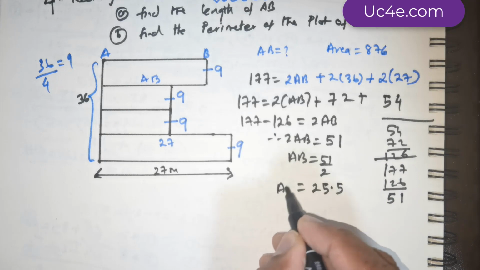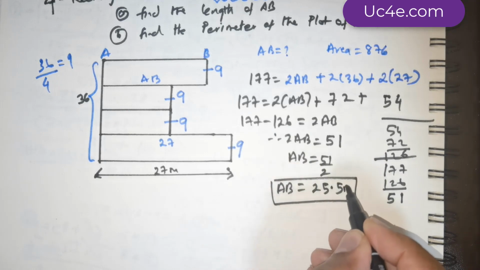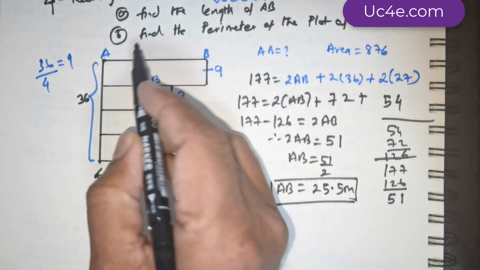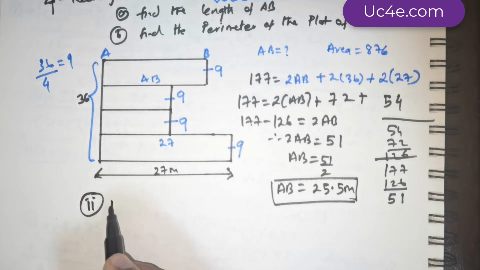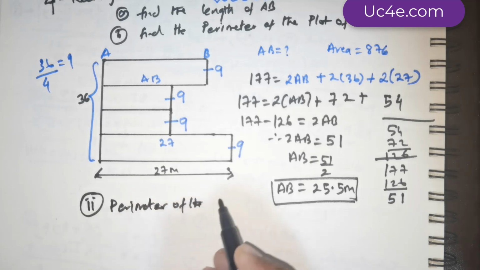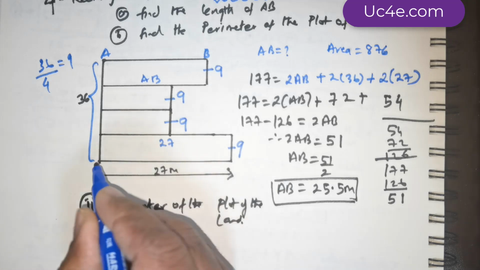So this AB is going to be 25.5 meters. Now next we need to find the perimeter of the plot of the land. So part 2 is required: the perimeter of the plot of the land. Now what are they asking us? They are asking us to find